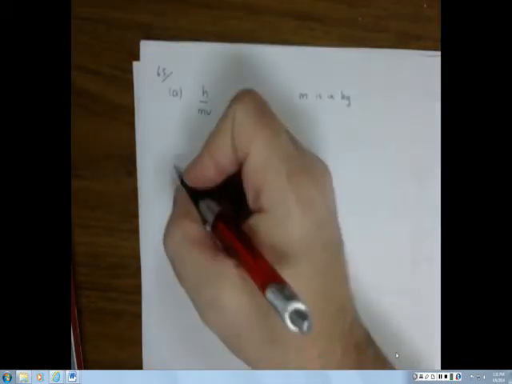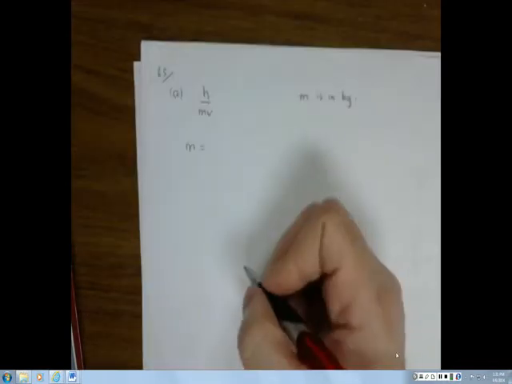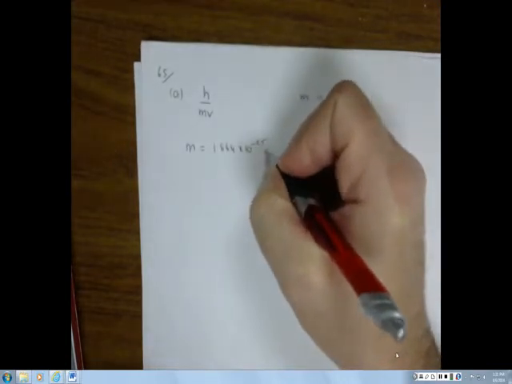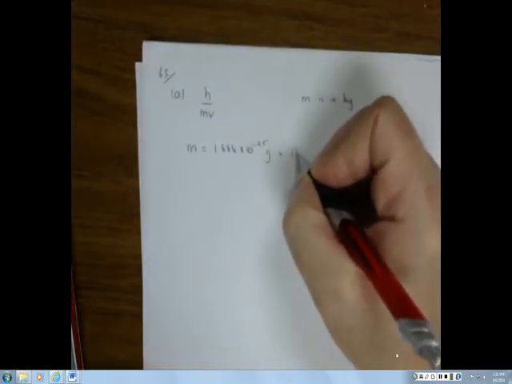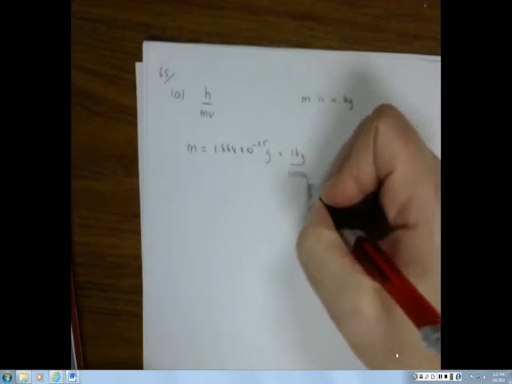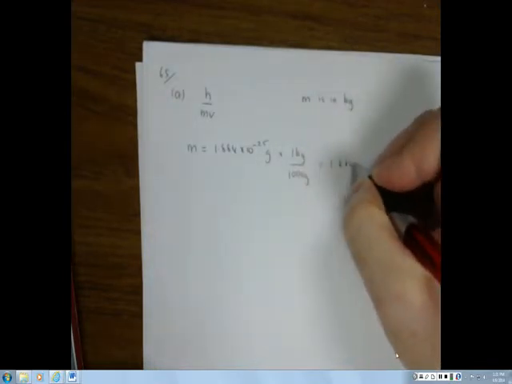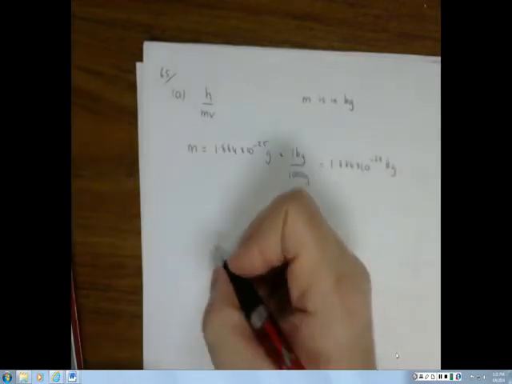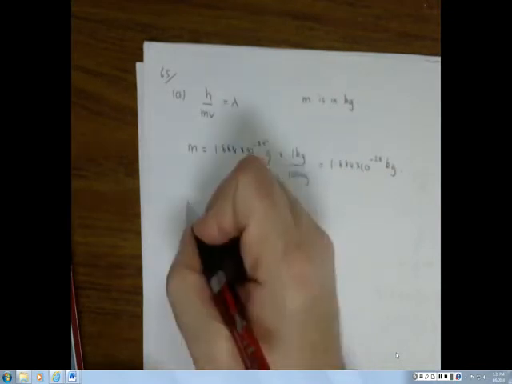So your first problem is a muon, which is a type of subatomic particle, and it has mass 1.884 by 10 to the minus 25 grams, and its velocity is 325 meters per second. So first of all, I just need to convert my mass into kilograms. 1.884 times 10 to the minus 25 grams times 1 kilogram is 1,000 grams, so that gives me 1.884 times 10 to the minus 28 kilograms. So my wavelength is